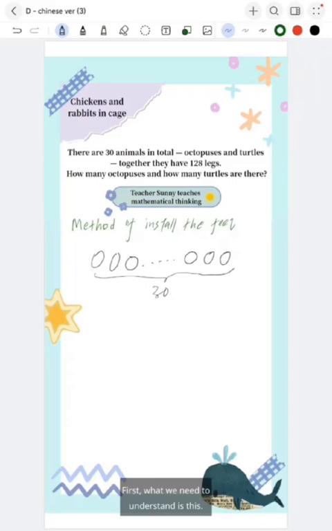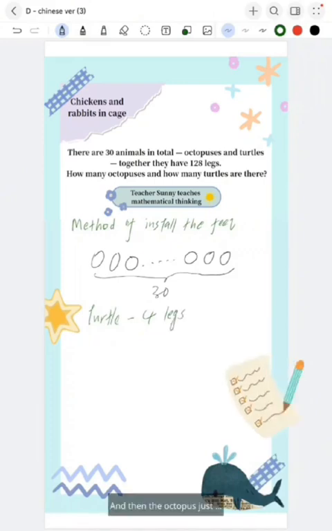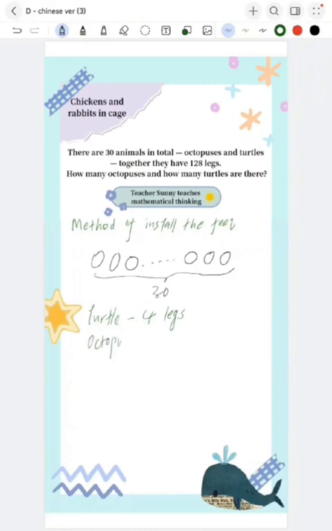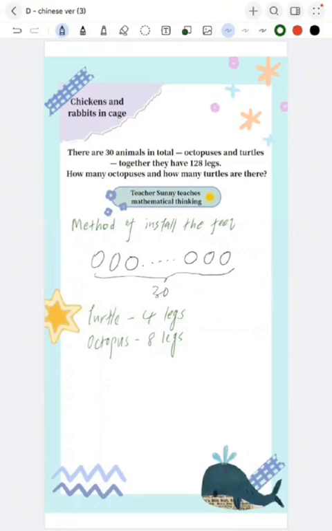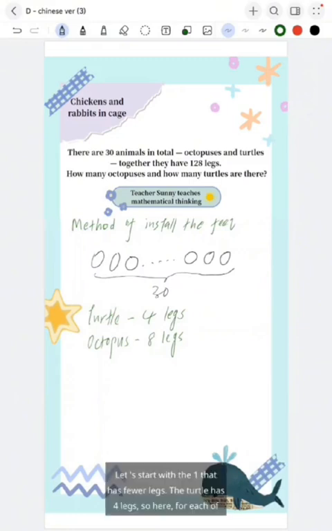First, what we need to understand is this. As for the turtle, how many legs does a turtle have? The turtle has 4 legs. And then the octopus, each octopus has 8 legs. Alright, so tell me, do turtles actually have more legs, or do octopuses truly have more legs? Of course, octopuses definitely have more legs, right? So turtles in comparison have fewer legs, don't they? So let's begin with the one that has fewer legs. The turtle, as we know, has exactly 4 legs. So here, for each